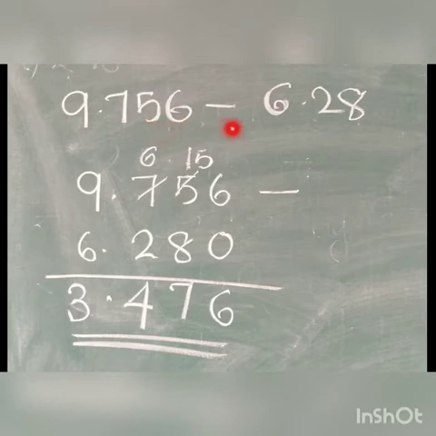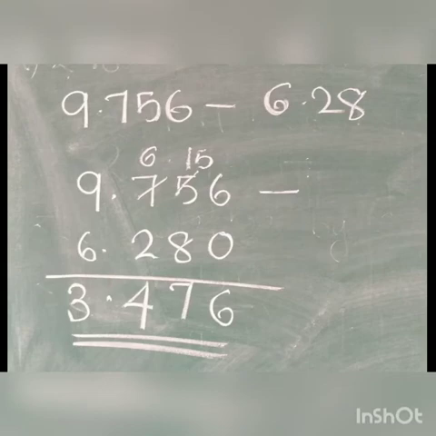One more example. 9.756 minus 6.28. Here both the numbers are decimal numbers. So writing it directly. 9.756 minus 6.28. Only 28 was there, 10. If you did it in both also, no problem, because it's downward. If it is over up means you have to put it. Now 6 minus 0, 6. Here again we cannot subtract, so borrowing. Now 15 minus 8, 7. 6 minus 2, 4. 9 minus 6, 3.